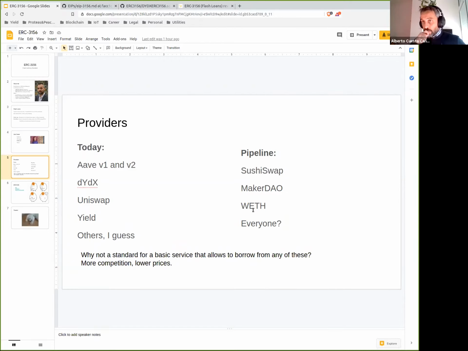So you don't really need to change anything right now. Right now, with these wrappers I've done, you can use the same interface to get a flash loan from anyone. Not a problem at all. It's just a little bit more gassy than in the future, when I expect that these providers in the new versions will implement the standard natively, so that there are fewer tokens moving from the lender to the wrapper and then to the user.